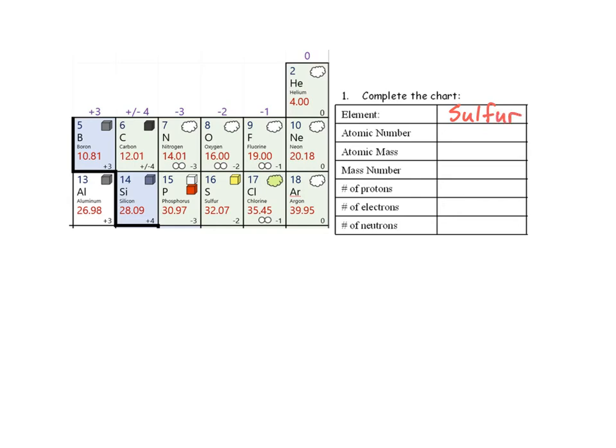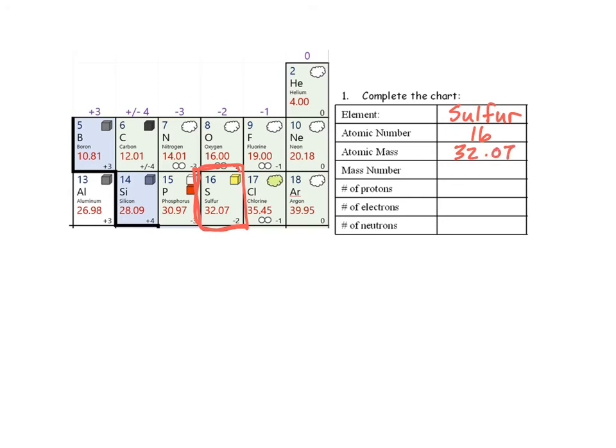So the symbol for sulfur, here it is right here in that box, is S, and its atomic number is 16. Atomic number 16, element number 16. The atomic mass, well, that would be that number,